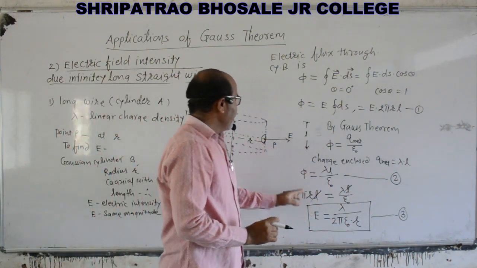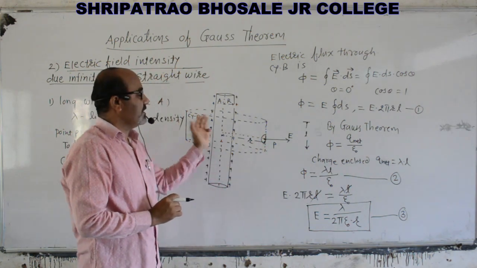Electric intensity for every point on the surface of a charged conductor